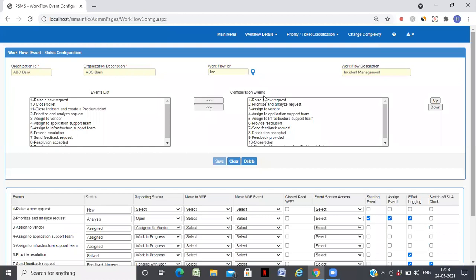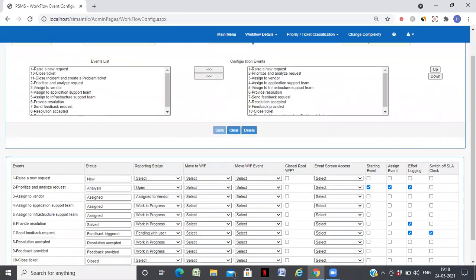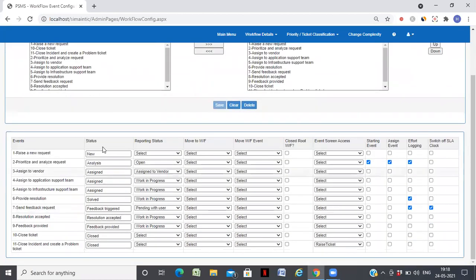You can see here the various events. The workflow status will be new, then it goes to analysis, assigned, solved, feedback triggered, resolution accepted, feedback provided, and closed.